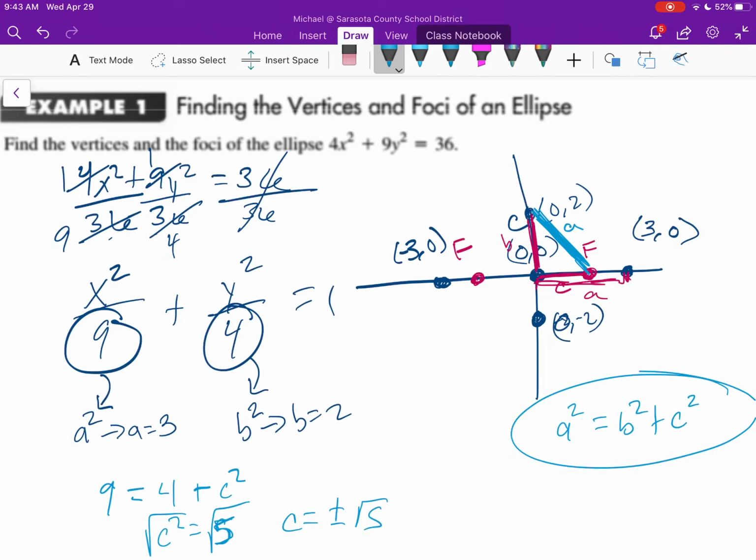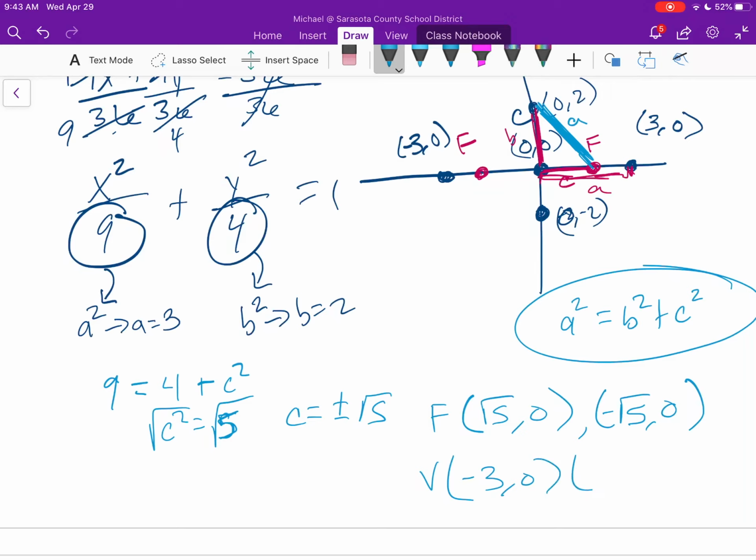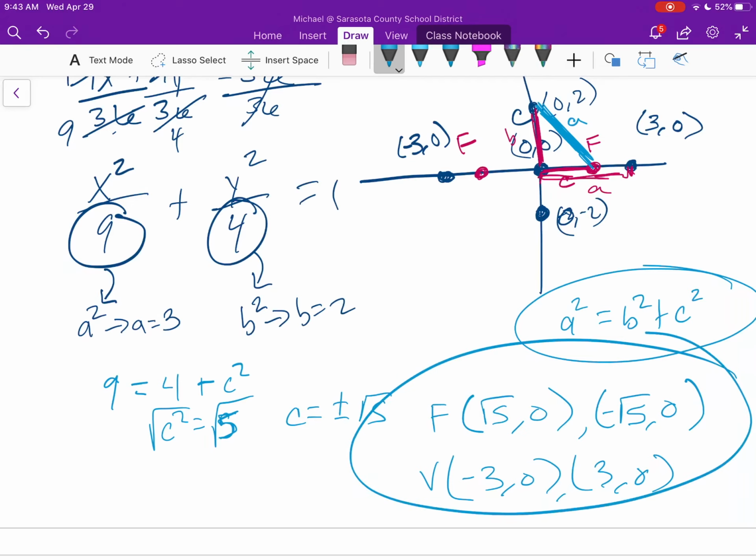So what this tells me is that c is square root of 5 to the right of the center and square root of 5 to the left of the center. And so one focus point is going to be at square root of 5, 0. And the other focus point is going to be at negative square root of 5, 0, because it's away from the origin at 0, 0. And then let's clean things up and identify everything that we wanted to know. The vertices were at negative 3, 0 and 3, 0. And these four answers would ultimately be